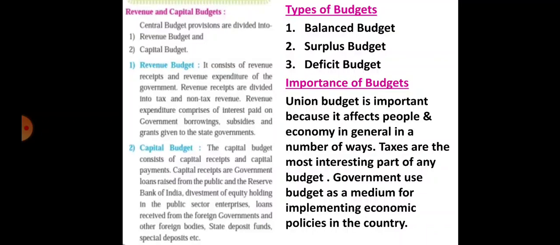The budget is important because the government uses it as a medium of implementing economic policies in the country. That is the most important source. Otherwise, it's the most important medium which follows the concept of development. The scope and importance of public finance in the modern economy has undergone changes over the last 100 years. So I think in this chapter we discussed all the financial aspects and also the components related to the Indian economy.